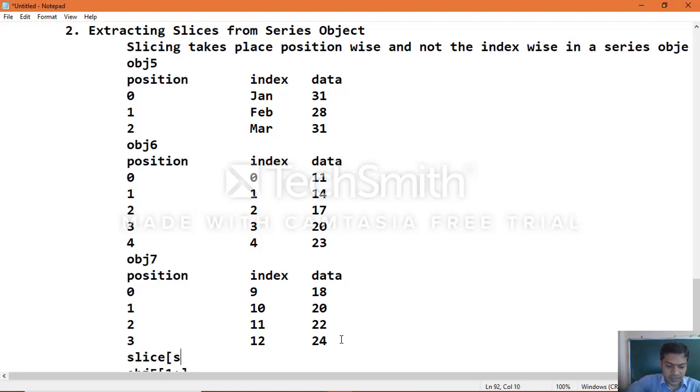First one is start colon stop or end, then step. This is the format the slice follows: object name followed by slice, which is start, stop, and then step. Start by default starts with 0, and stop is the value which you can specify.